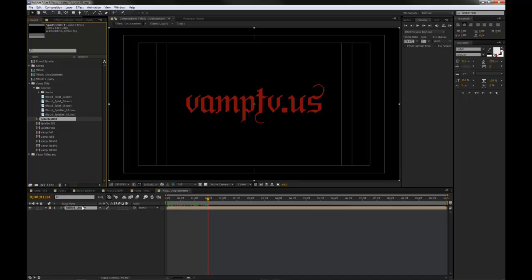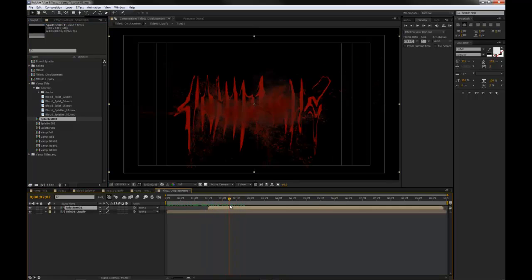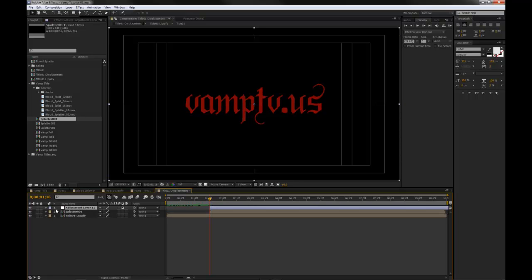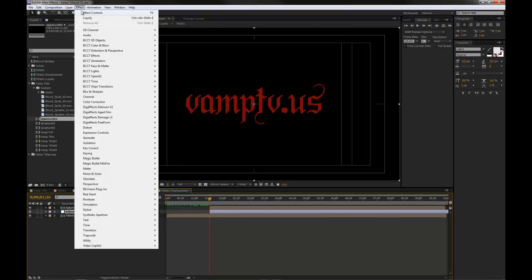I'm going to bring in this one because I think I took a little more time on it, but it's basically that. Okay, so we're going to put another adjustment layer in, put it underneath the splatter layer,